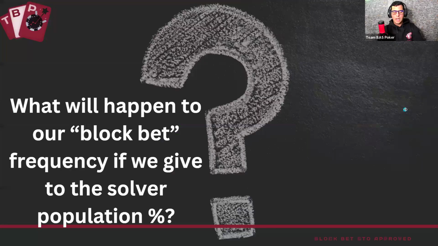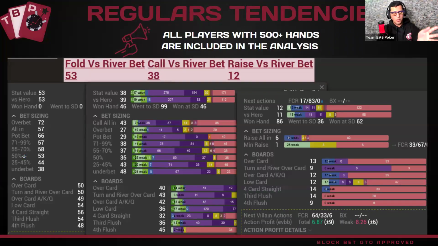All right, let's get to the last part and try to do some kind of node lock. Before we get to it, a question to you: what will happen to our so-called block bets frequency if we give the solver the population tendency? So in the scenarios we saw before, GTO is block betting with something around 30% frequency. If we are giving